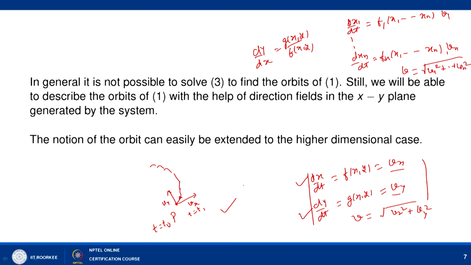So, in this lecture we have discussed the concept of orbit, which is the curve traced by the solution components in the x y plane if it is 2 dimensional, and in the x1 to xn space if it is n dimensional. So, basically orbits are the relation between the solution components, and we have discussed certain methods to find the orbit of the system of differential equations. And in the next class we will discuss some more cases to find the orbit and some properties of orbits.